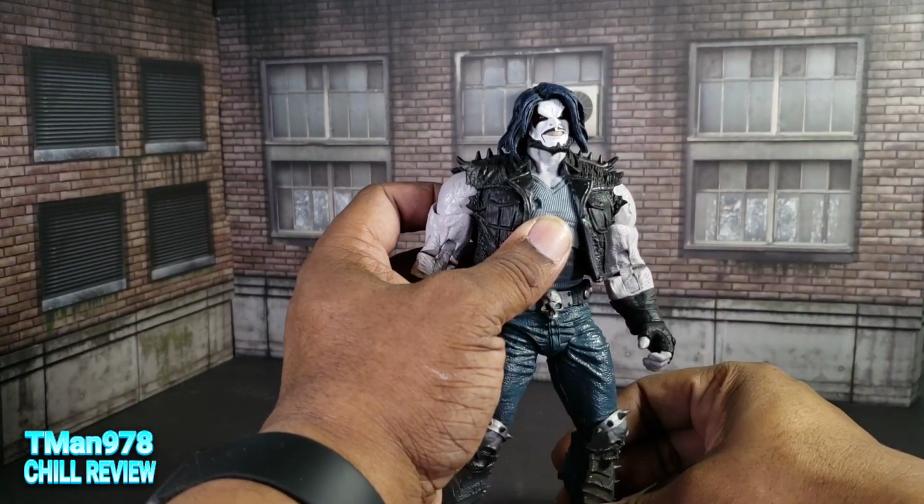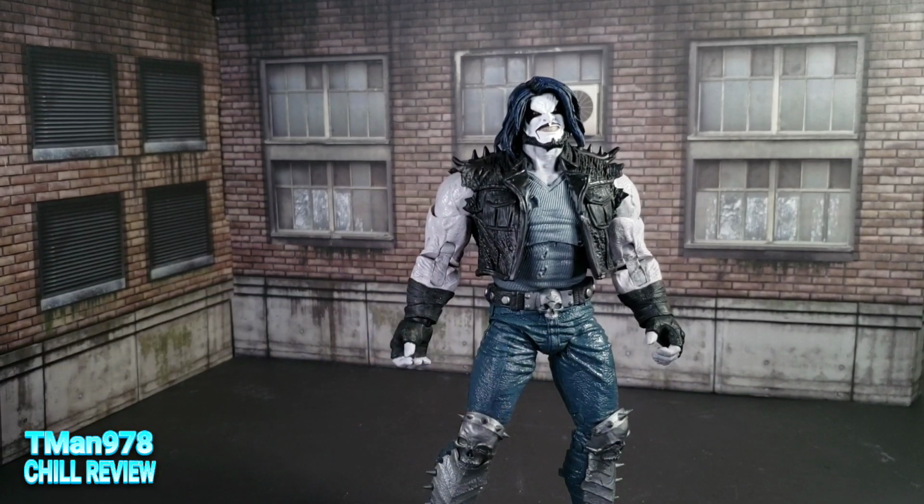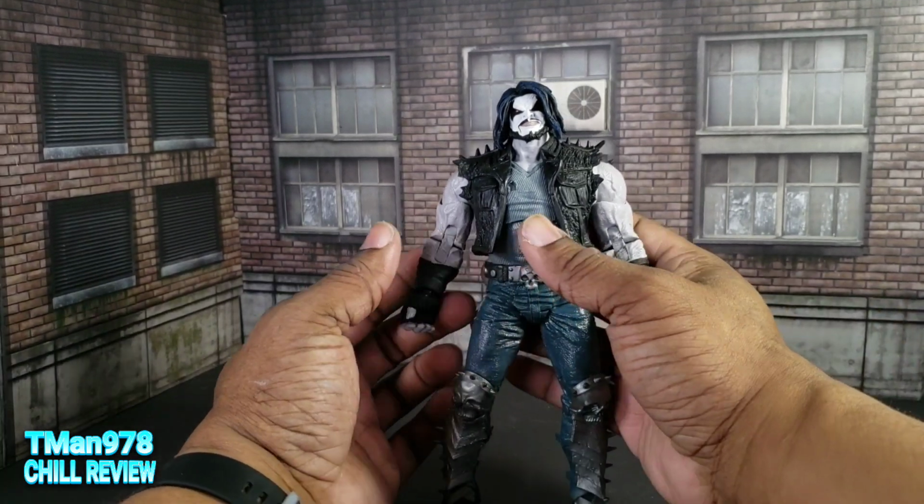I'm gonna get another figure eventually. I don't know when it went out of stock, of course, but it's still on the way. It's scheduled to be here on the 18th for now. It might get pushed forward when they get a whole bunch of these. McFarlane doesn't have a problem with restocking, but